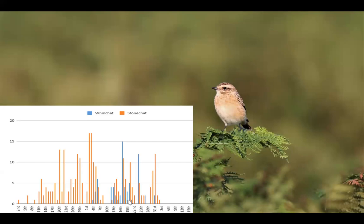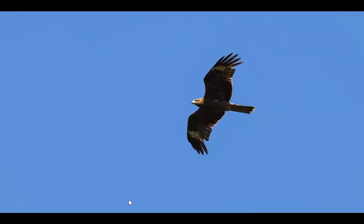Now, I have spoken obviously a lot about these sort of uncommon migrants that pass through during autumn. However, a lot of bird watchers will go to places like Skomer and these sort of migration hotspots on the coast for rarities. And fortunately, this year we were sort of treated to the odd rare bird. That included this guy, Black Kite. Now, this is actually